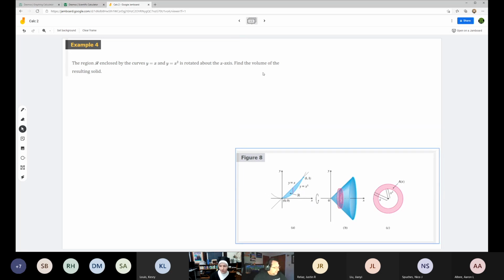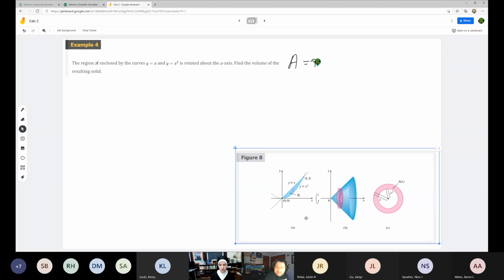So if you notice on this one, we're looking at the region enclosed by y equals x and y equals x squared. It's not going all the way down to the x-axis, but I'm still going to rotate it around the x-axis. So now instead of a solid disk, I actually have a donut. When we're looking at the area of that donut, we have to subtract out the center hole of the donut. So my formula for area is still going to be pi r squared,